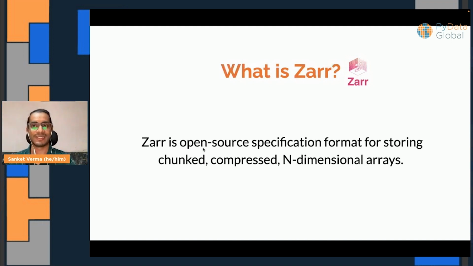Specification is basically a technical document which lays out rules of how the array should be stored, how it should be chunked, basically divided, how it should be compressed, and how it should be grouped into a store. And so Zarr is based on a technical document, and on the basis of this technical document, we have implementations